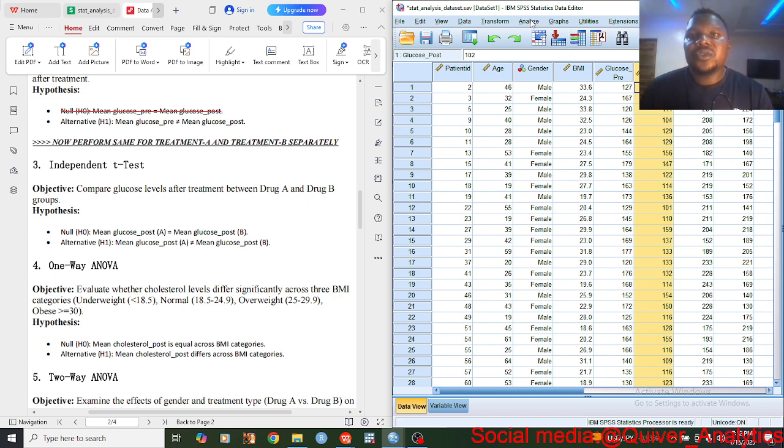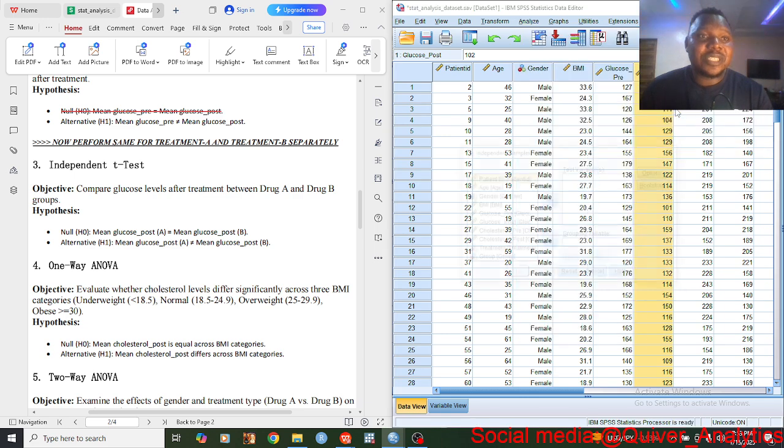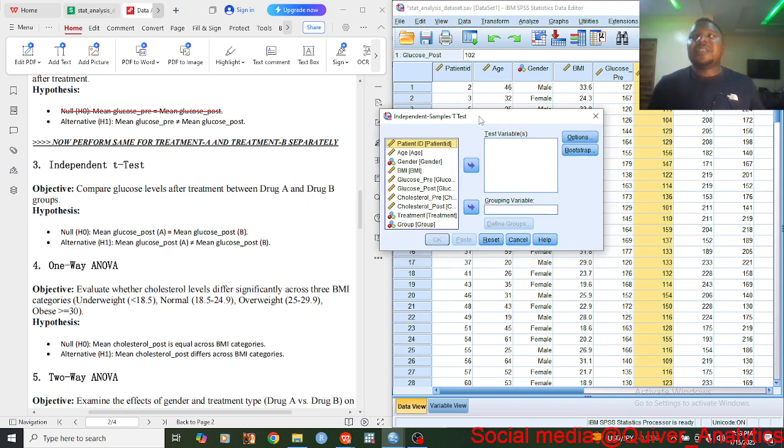All right, so we go to Analyze, Compare Means, and Independent. This is the independent sample t-test. It is independent in the sense that there are two different groups. They are not the same thing. They can be male, female, but under the same umbrella. Like this A and B, they are under the same umbrella of treatments, but treatment A is different from treatment